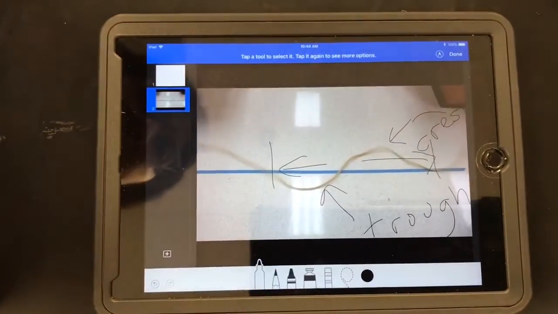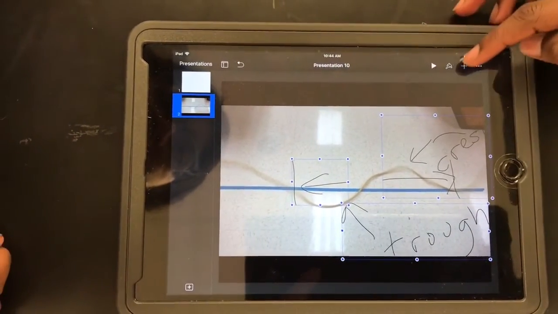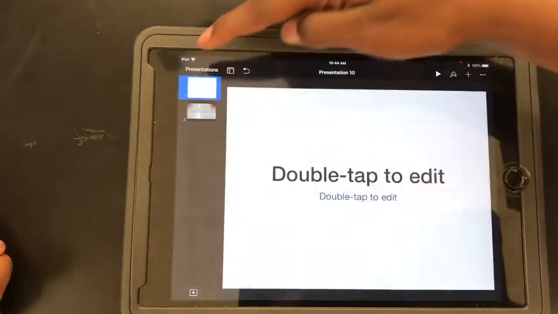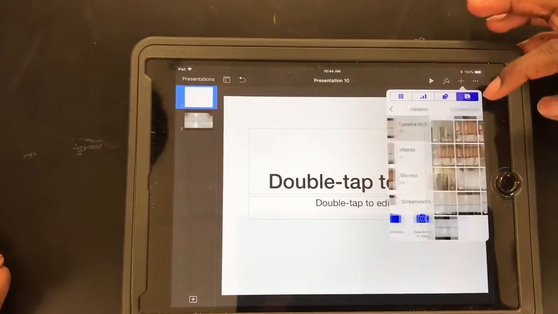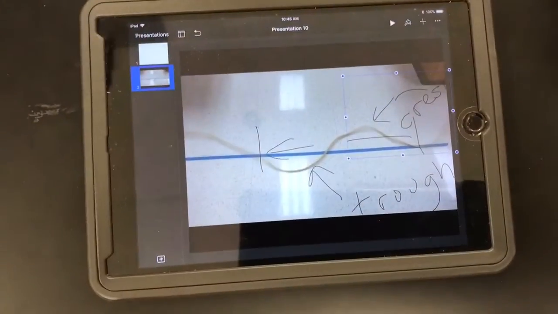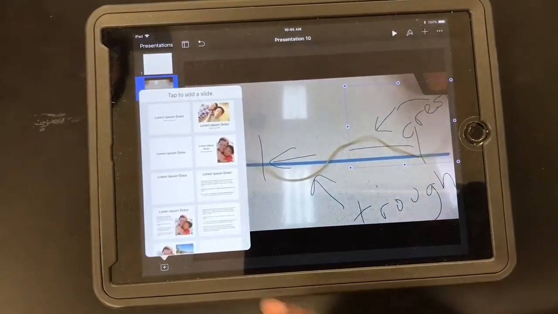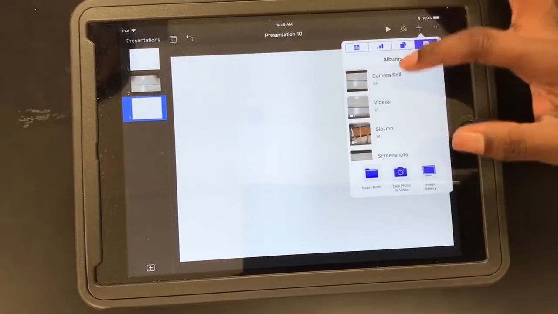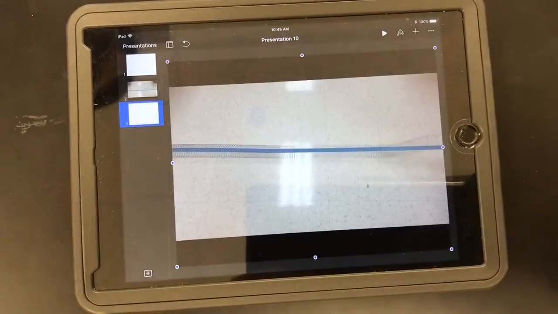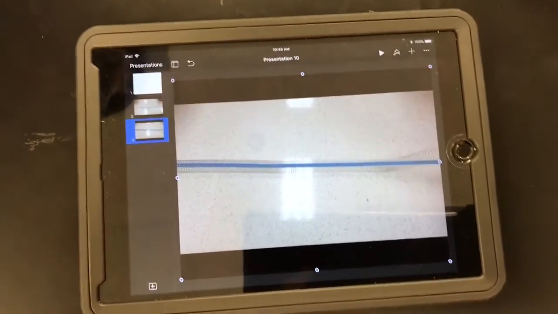So again, now they're going to go back to Keynote. They're going to add this photo into their Keynote. So they're going to put a new slide. Once in Keynote, the student can add another new slide, blank slide, add the photo that they just put in their camera roll. And now, again with the drawing tools,